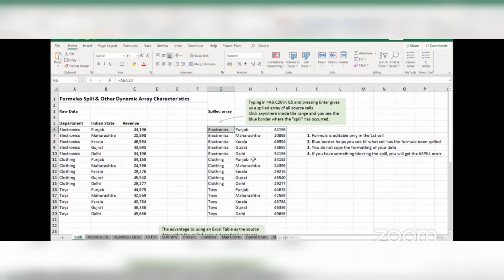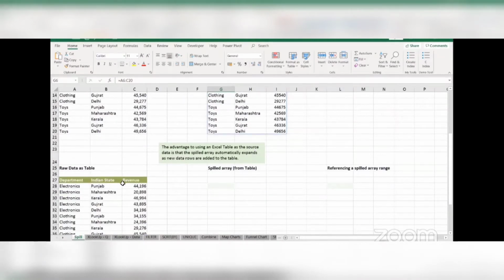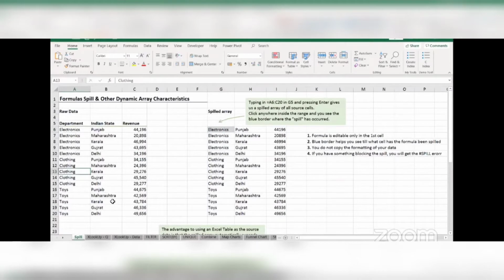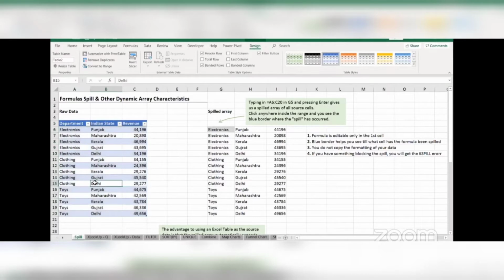All right. Similarly, let's look at how the spilled array would work if we had a table of data. Now in Excel, you have something called an official Excel table. Looking at this data, it might look like a table to you, but it is not actually a table. In Excel, you need to convert your data into a table by pressing the shortcut Control plus T. T stands for table, right? So you press Control plus T being inside your data. I'll press Control plus T, click on OK to create a table, and now your data is converted into a table, right? So you have your normal data, you have your table data.